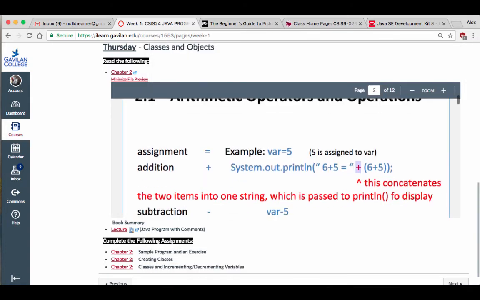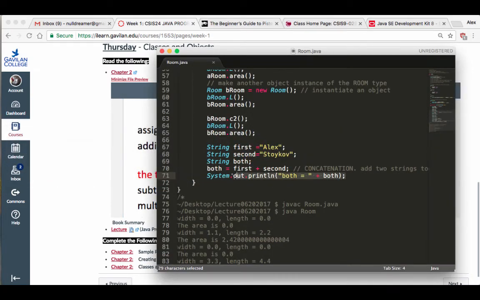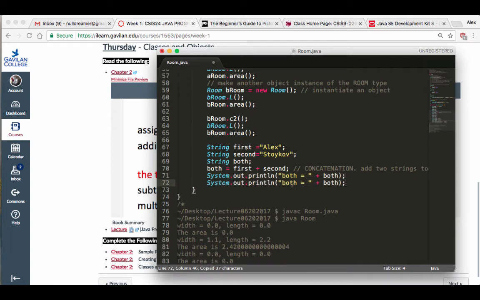That's what this is telling you here. Okay, so whenever you have a plus in the system out print line, it concatenates, which is different than this kind of stuff. So for example, if I go in there, I'm going to copy this. I'm going to say 6 plus 5 is equal to, and then here in quotes, in parentheses, I'm just going to say 6 plus 5, save it,